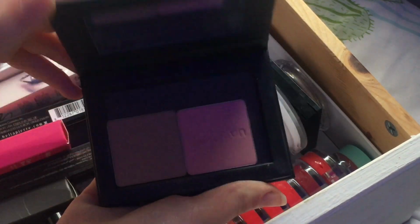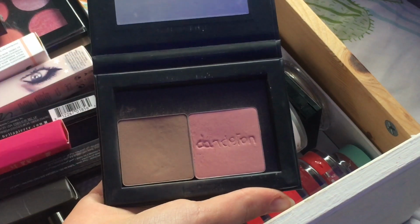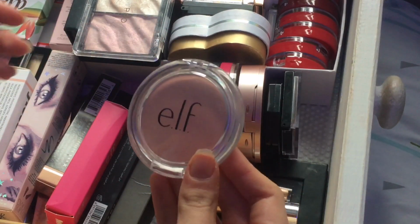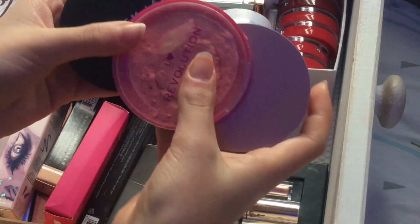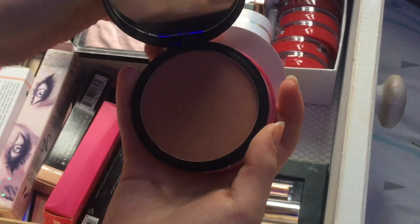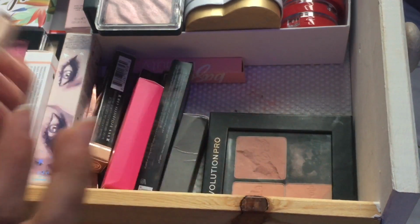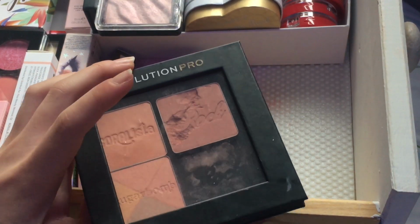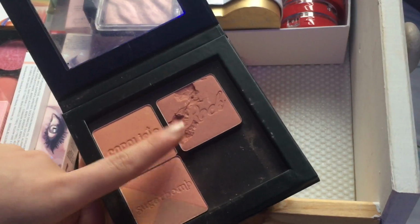I have this Morphe compact little palette thing, and it's got my Hoola bronzer and my Dandelion blush in it. Down here I just have a load of blushes. I've got this elf one, a mini Morphe one, this Beauty Crop one, a Revolution one, I've got this bronzer, I have a load of liquid eyeshadows and liquid highlighters, and I've got this Revolution Pro palette which has my Benefit blushes in. This one sadly broke when I took it out of the packaging, which was really...